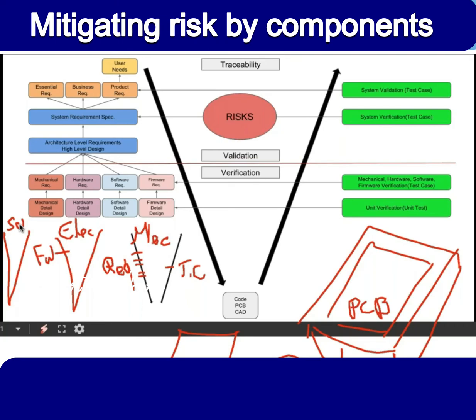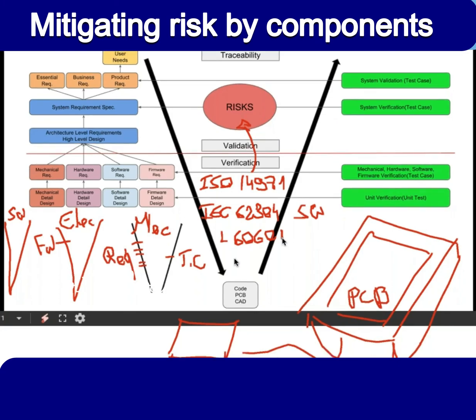And that will imply the following standards: the ISO 14971, which is associated with risk, the IEC 62304, which is associated with software, the 6601, right? And everything else that is linked to that. I don't want to illustrate all the standards that are required. Obviously, there are more there to go. Like, for example, the 820,